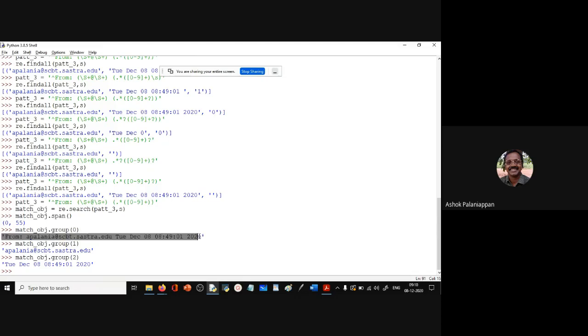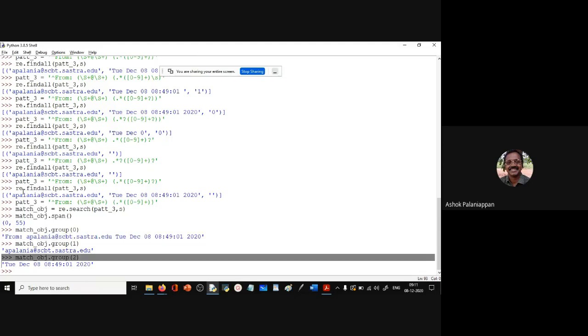Find all is sort of a list of tuples of matches, and it is useful for some quick analysis. But if we want all the information, then we have to do a re.search and get the match object, and this match object will contain all the information we need about the patterns in our text. And for every matching pattern, it gives you the full match, and we can also retrieve the individual groups.